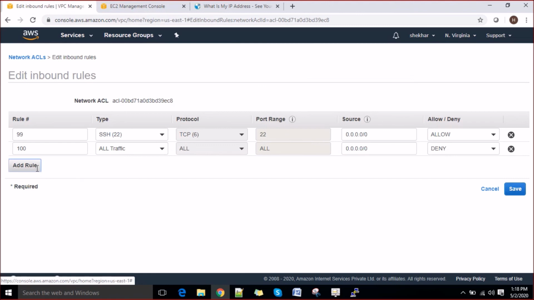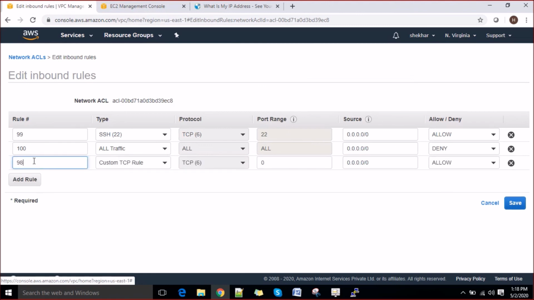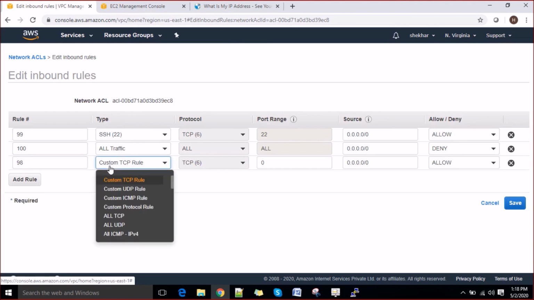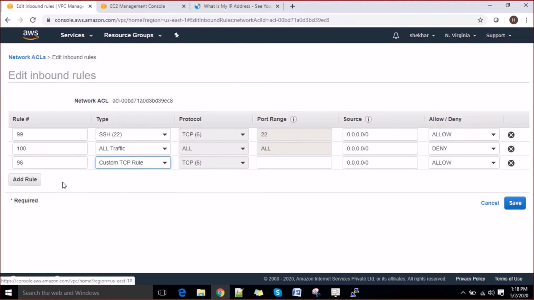So in the same way you can add more rules here, right? And make sure of the precedence, right, the rule with the lowest number takes the precedence. So if I create one rule 100 which says port 80 is denied, and I create one rule 98 which is lower than 100, and I created it as allow, that will be allowed. So the precedence matters here, so you'll have to take care of those things also.